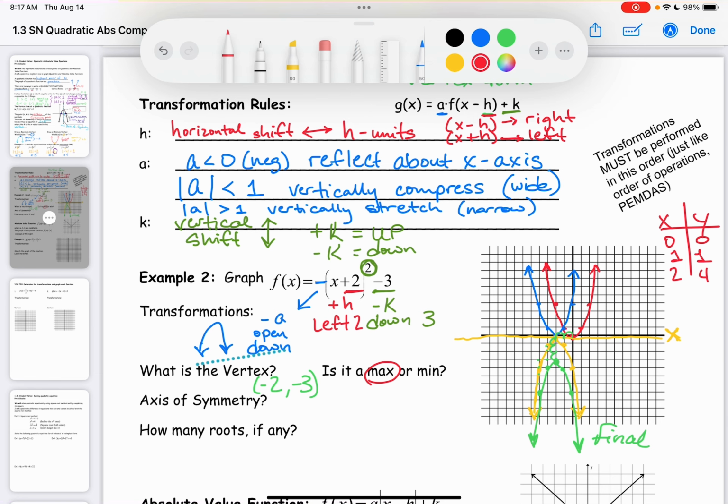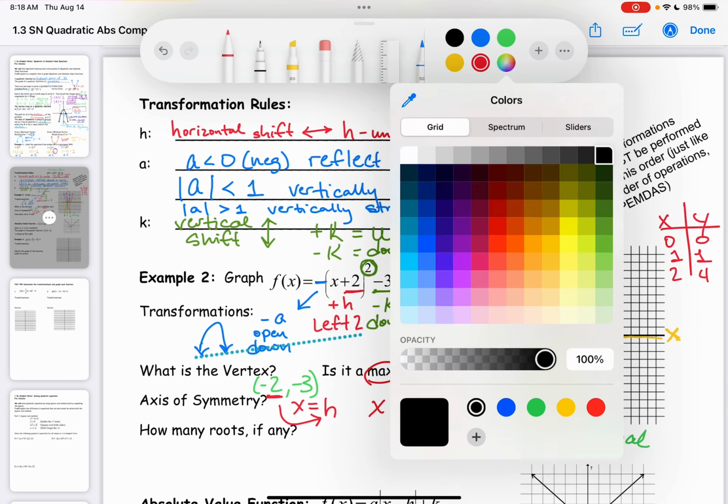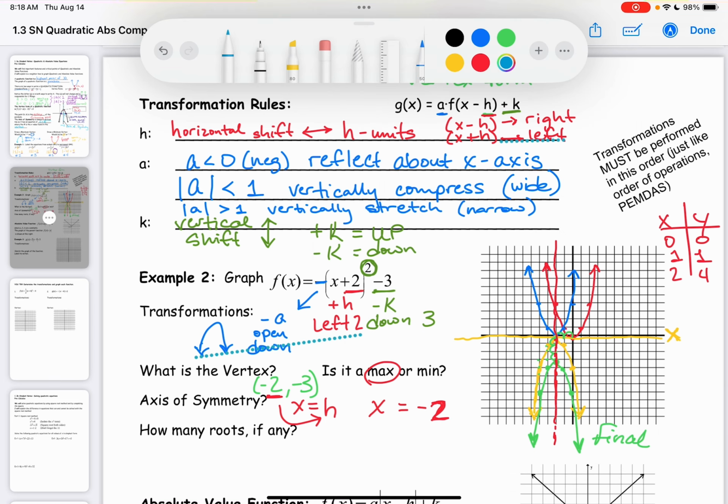Axis of symmetry is going to be the line that splits it down the middle. And if you remember, the axis of symmetry should be x equals h. So it should be x equals this number right here, -2. Okay, and our graph and our drawing that we just did confirms that it is in fact symmetrical over the line x equals